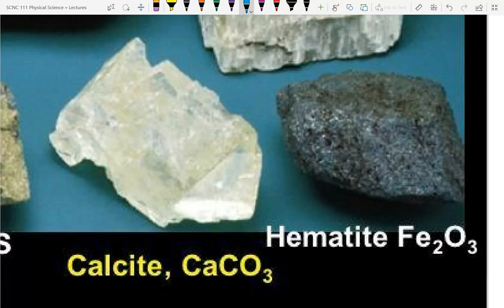Hematite, that's an iron-containing ore. It's magnetic. I talked about the Earth's magnetic field flipping in class yesterday, or lab yesterday. And it's hematite in the basaltic floor of the ocean that has the magnetic information because iron is a magnetic material. And so they're looking at the magnetic orientation of the iron in the hematite. Calcium